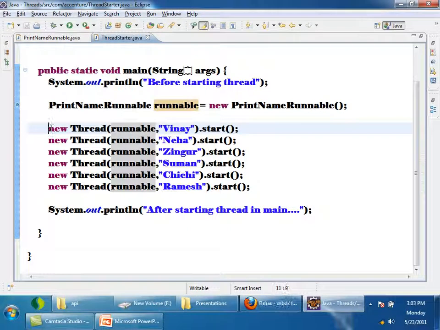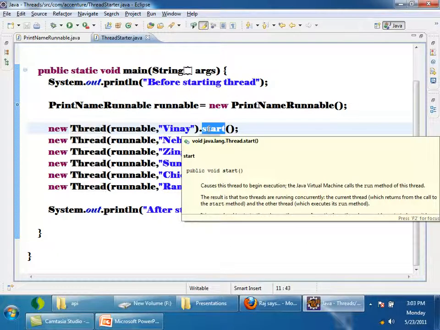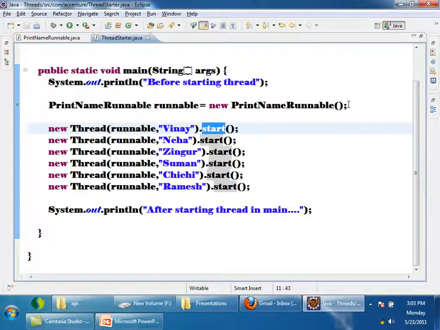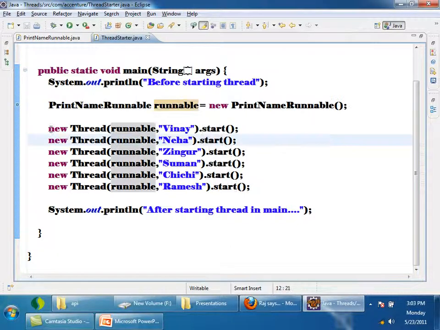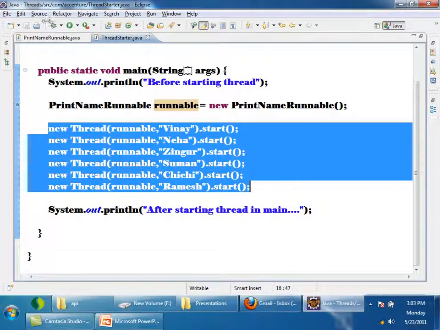I say that this is not the best way to create a thread, because whenever I want to create a thread, what I am doing, I am creating a thread object and calling start, right? So I feel that this is not a good way. If I just create an object of runnable, a thread should be automatically started for me. So I will just comment all this.